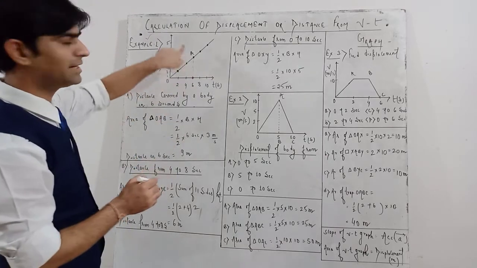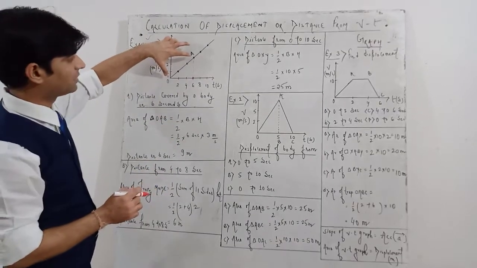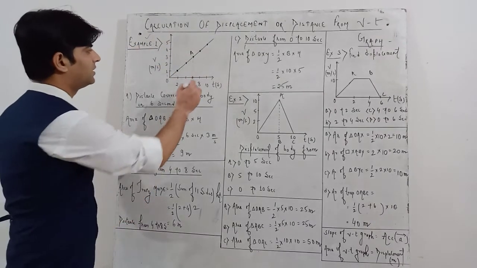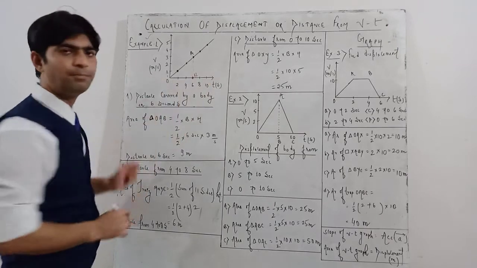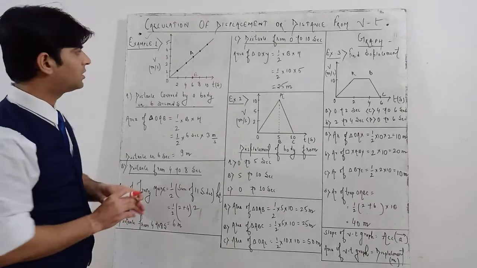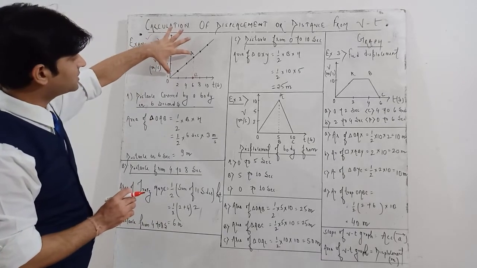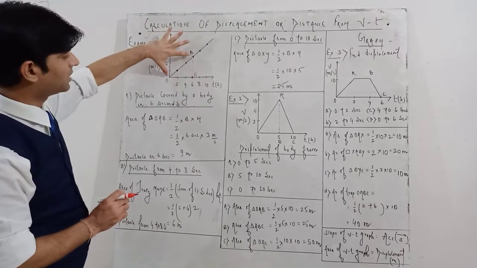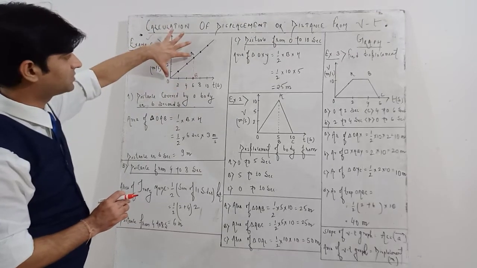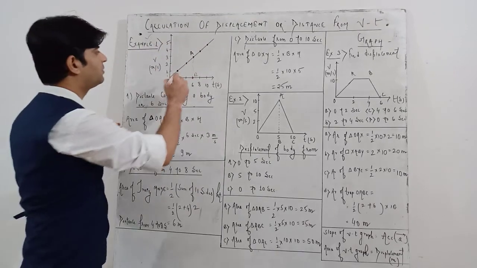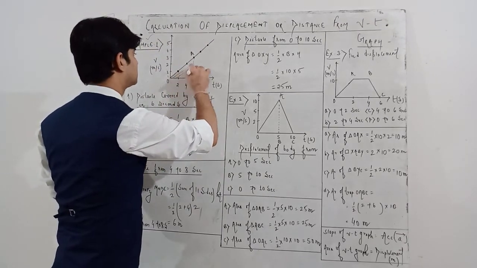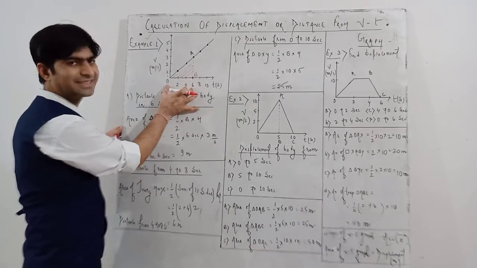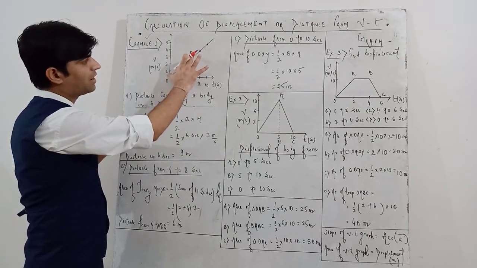That is, up to point A it is covering. That means we have to consider this graph up to 6 seconds, the graph we are getting from O to A. This point I will write as B. Now if you see the area under the graph, which type of structure is it forming? It is forming a triangle. This is the graph from 0 to 6 seconds. This section of the graph we have to consider, and you may shade it like this.